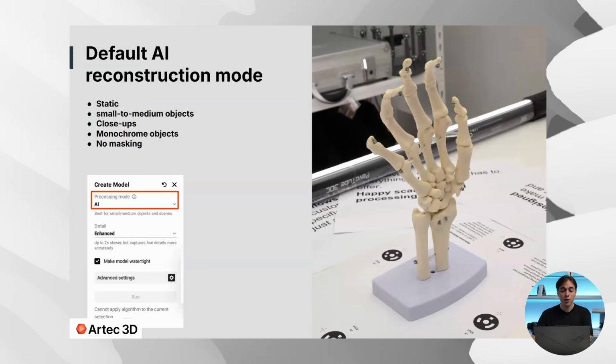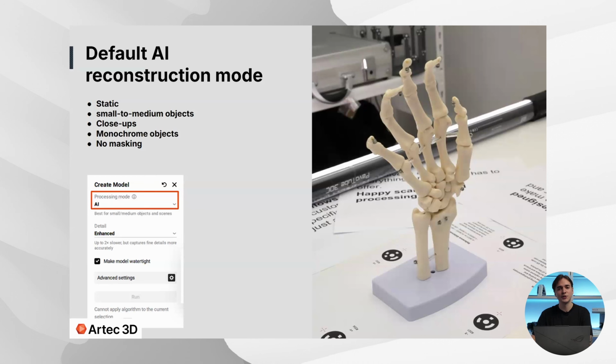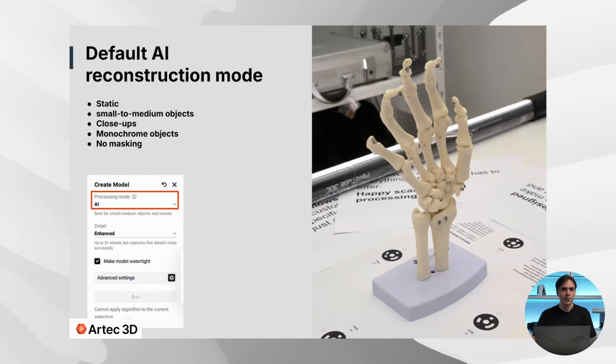Then it's monochrome, so it does not have a lot of features. And then we're going to scan it in a single orientation, so it's a static object. In this case, the default AI reconstruction mode would work really well. So it works the best for static small to medium objects, which have not been moved, flipped, or rotated